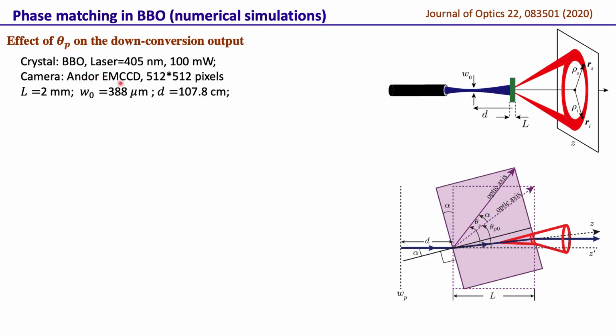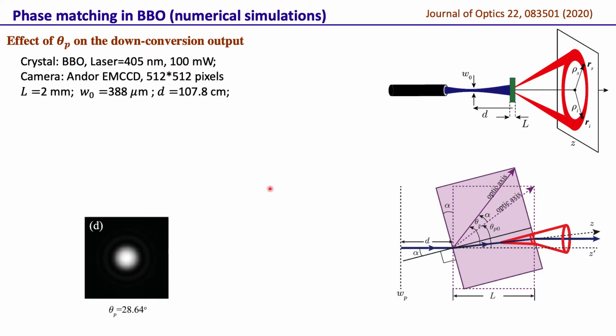We are using an EMCCD camera. This is the camera that detects single photons, with 512 pixels. The length of the crystal we are using is 2 millimeter, and the pump has a beam waist of 388 micron. This is not a very important parameter here, but this is the pump beam waist location from the crystal. So when theta p is 28.64 degrees, this is the numerical simulation based on